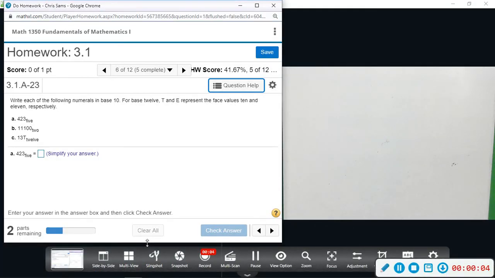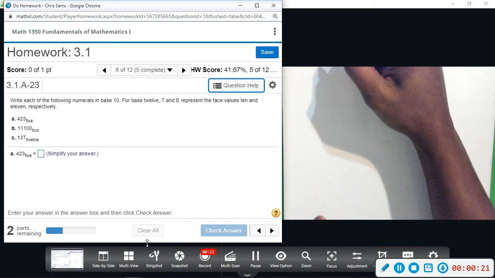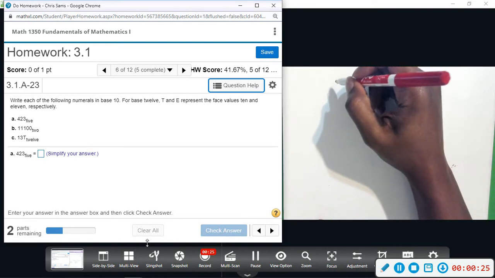Okay, so number 6, we want to take each of these following numerals and change them to base 10. So I want to know what is 423 base 5 in base 10. So think back to expanded form. Remember, let's just make a small example. Let me just do this number that they have,